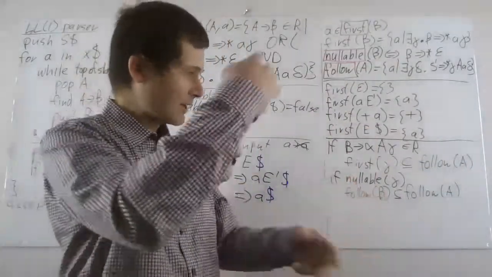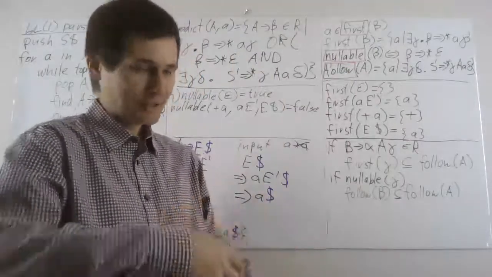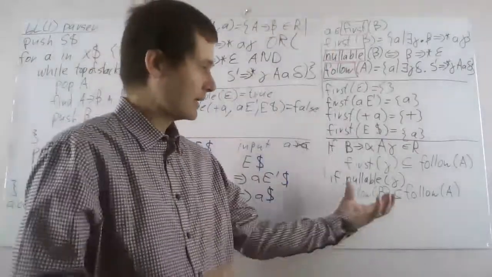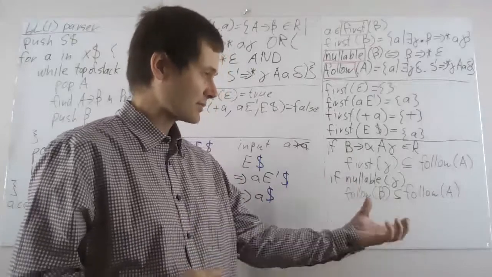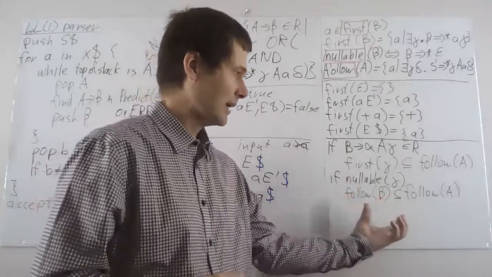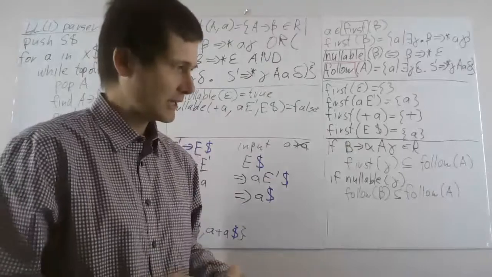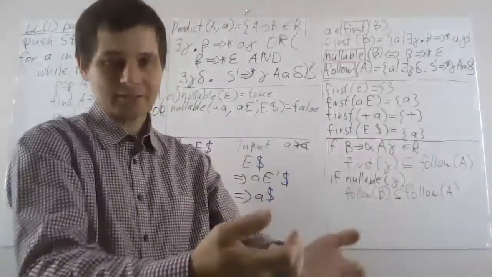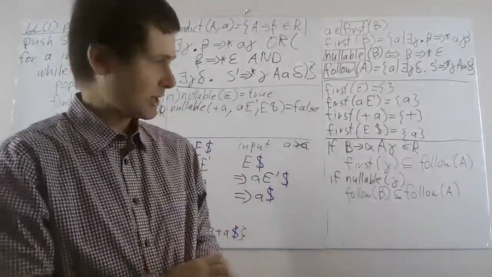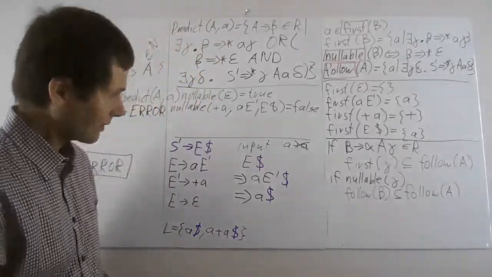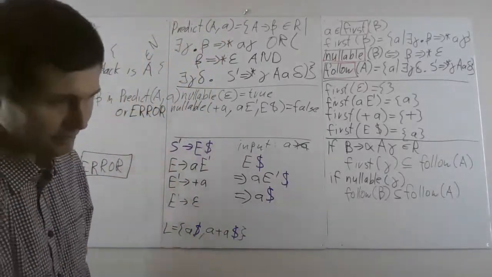And then you do a fixed point computation. You repeatedly process these constraints, taking a follow set of B and adding it to the follow set of A. And you keep propagating the sets until things stop changing. All right. So, let's try to do that for